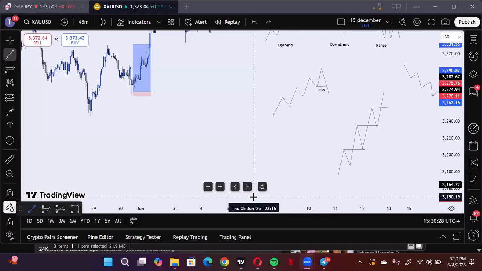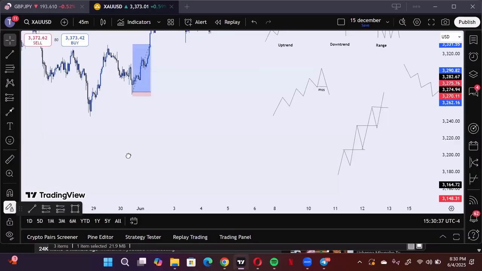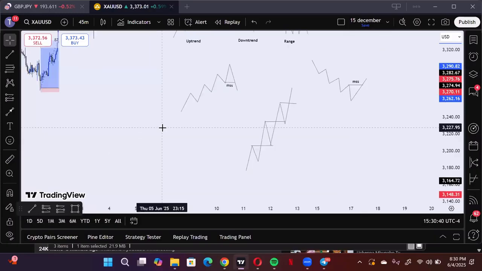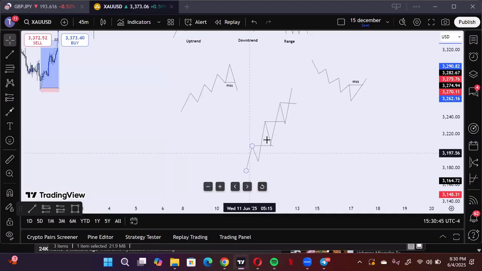Okay. So I should start with break of structure again. All right. So like I said, break of structure is a scenario where price keeps breaking a key level while maintaining its current trend. So you already know the market is on an uptrend. So if market makes a higher high,